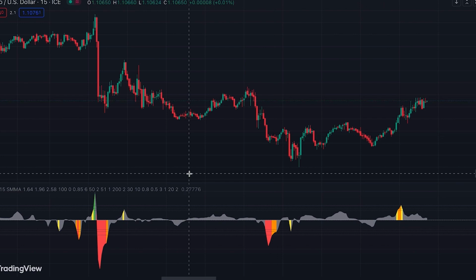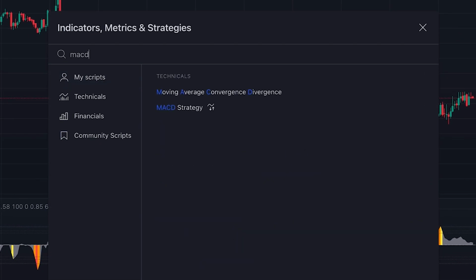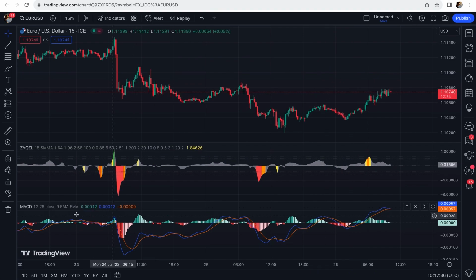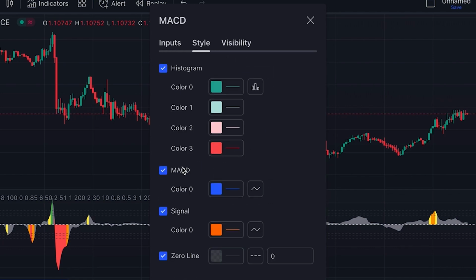Just to show you an example here, let me add MACD, moving average convergence divergence, to our chart, this one, and let me change its settings. Here we go to the indicator settings, and for the fast length we set it at 34 and for the slow length we set it at 144, and then we go to the style tab and we remove the MACD line